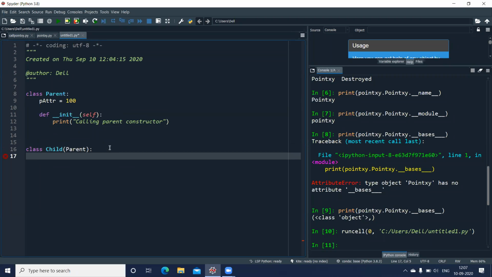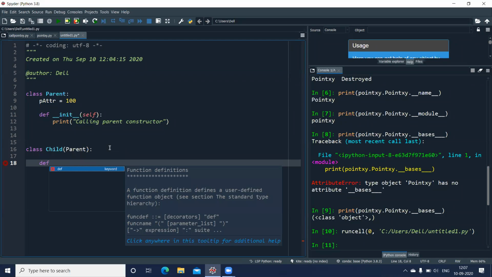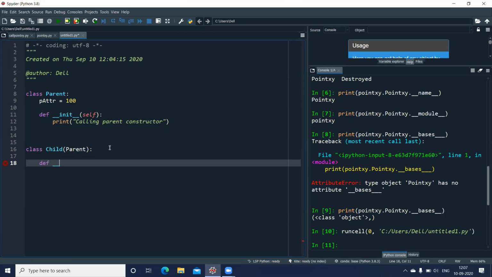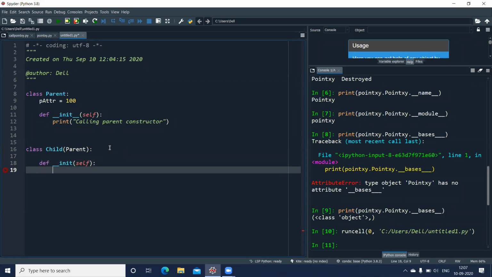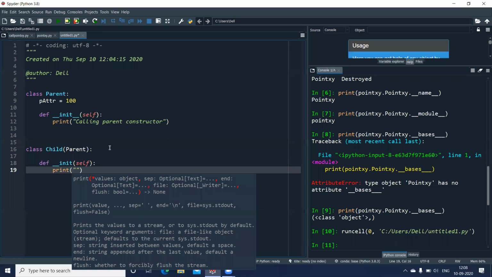And now in this case, let me declare another variable so that let us directly write the function init into round brackets self colon, and I'll write the print statement here, say calling child constructor.